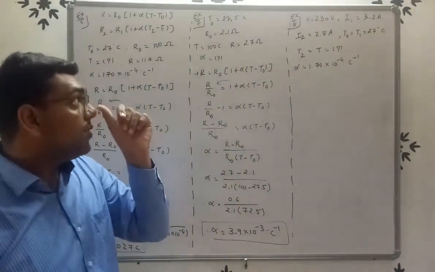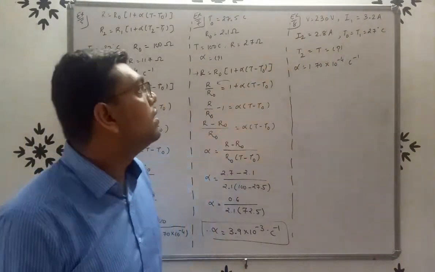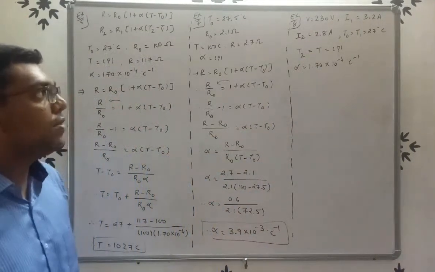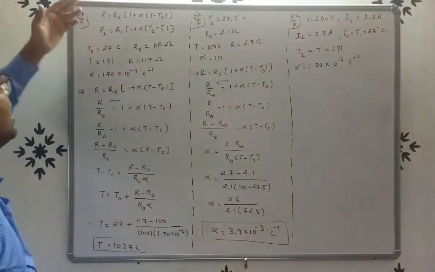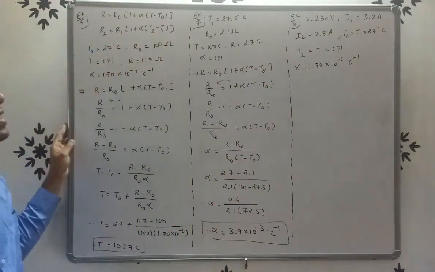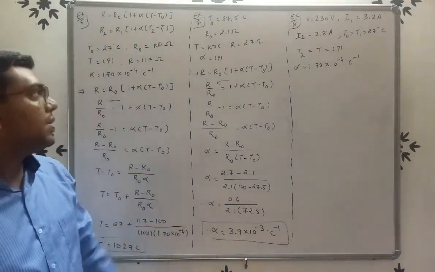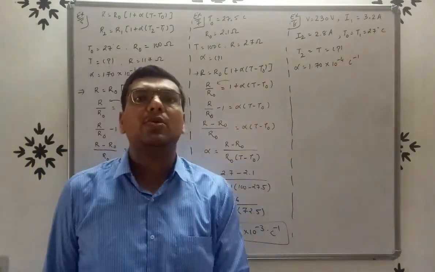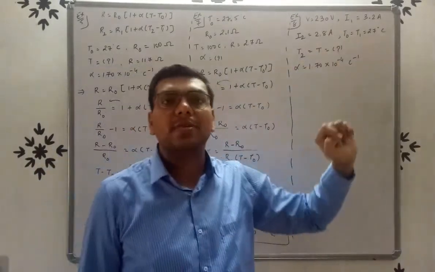Right? Now here voltage, initial current, then steady current I2 are given, and room temperature 27 degrees Celsius. We have to find out T2, or we can say T. So simply we use the formula R2 is equal to R1 into 1 plus alpha, T2 minus T1, right? In the previous two examples, the value of resistance is given, but here we don't know the value of resistance; instead of resistance, voltage and current are given.